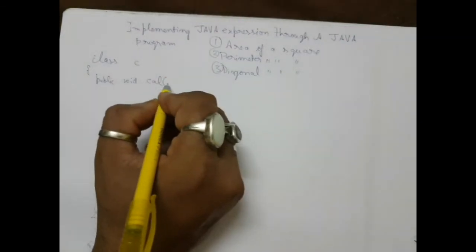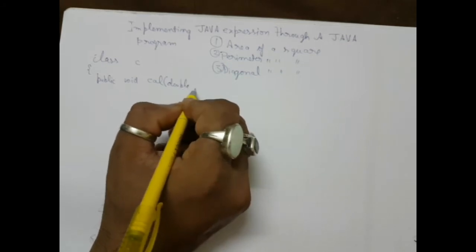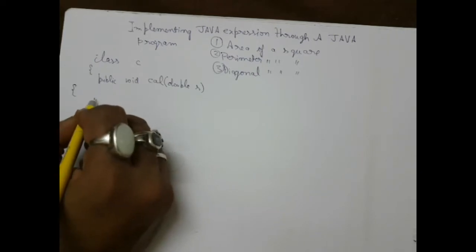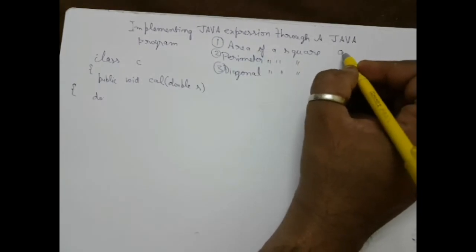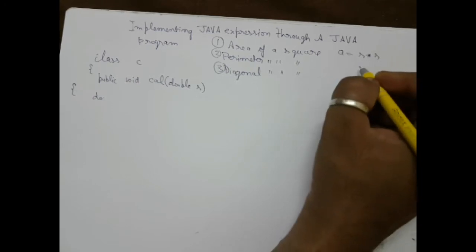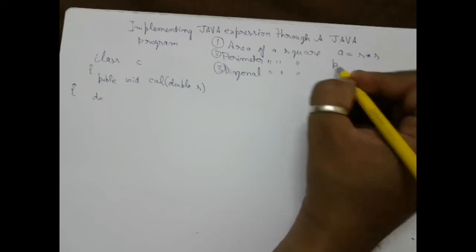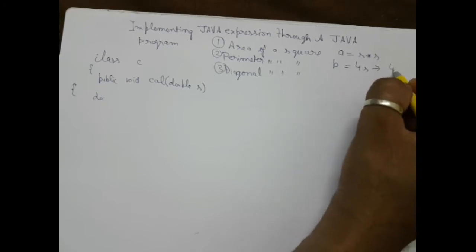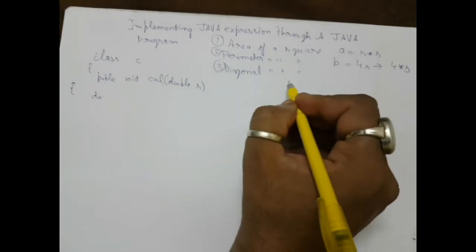So for that I need a side, and for the data type, suppose I take double for the side, and I have taken s. You can take float also, not a problem. Now I will declare a variable for storing the area of a square. So the expression is a equal to s, or the side, asterisk side, right? Then perimeter. So perimeter, suppose I take p, we can have 4s. So in Java that will be written as 4 asterisk s. Easy it is, right?